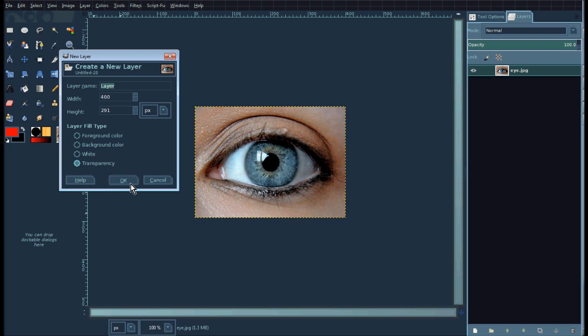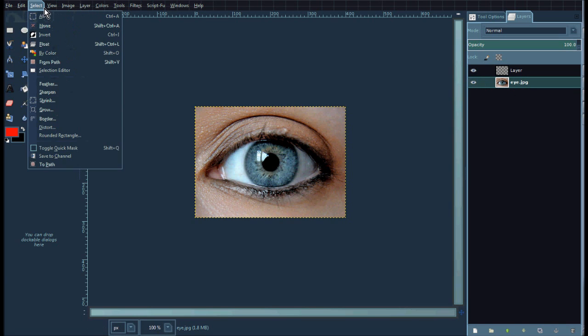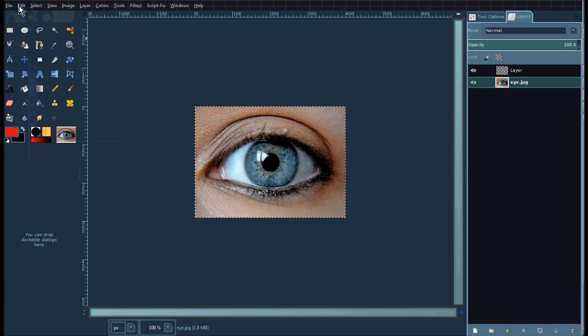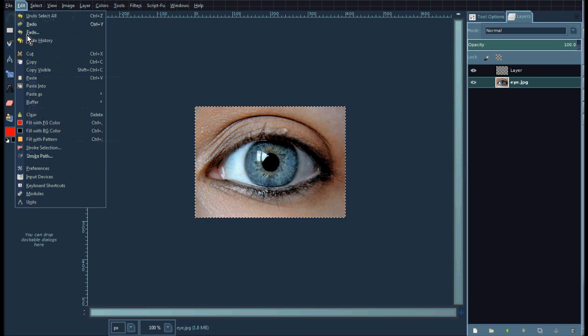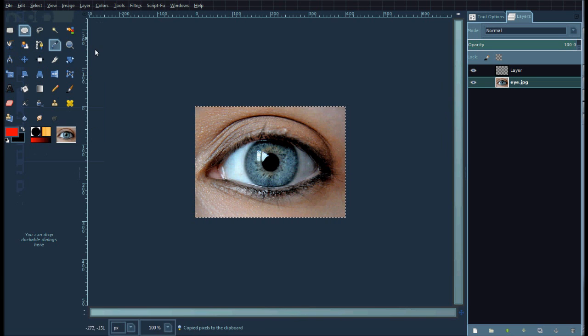Okay, so there's a new layer. Now I'm going to select this bottom one again. I'm going to select it by going select all. Then I'm going to go to edit, copy, and then I'm going to select the top layer again, and I'll turn off this bottom layer,